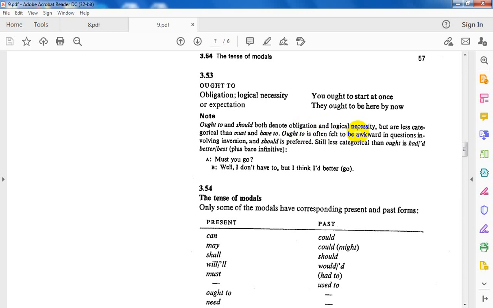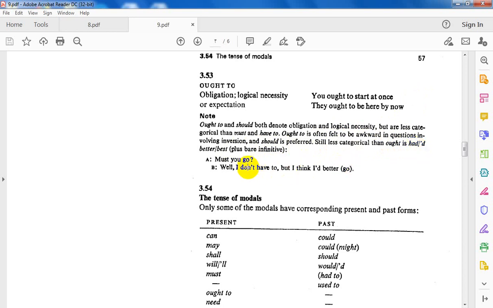So if we want to make a ranking of ought to, should, must and have to, all of them denote obligation and logical necessity. But the most frequent, the strongest one, which is what? Must. Then have to. Then you have should. Then you have ought to. Ought to is often felt to be awkward in questions involving inversion, and should is preferred. Still less categorical than ought to is had better